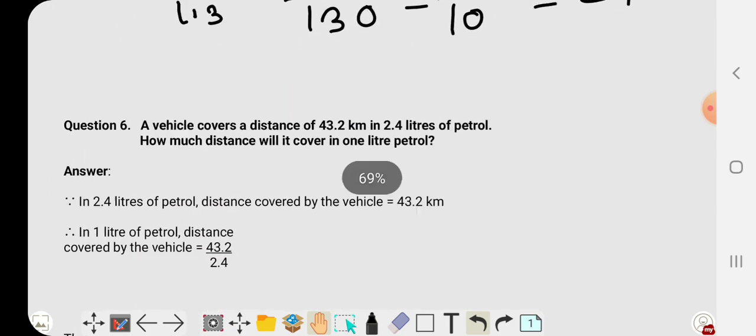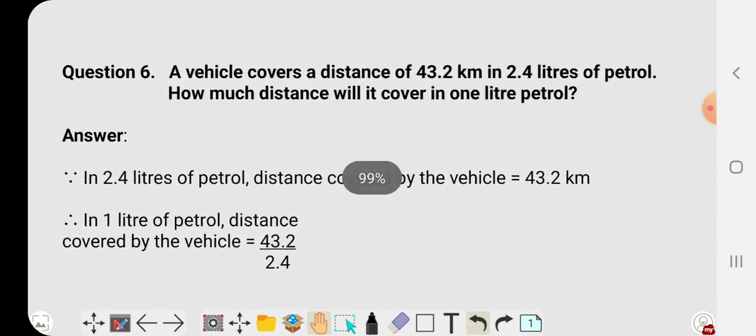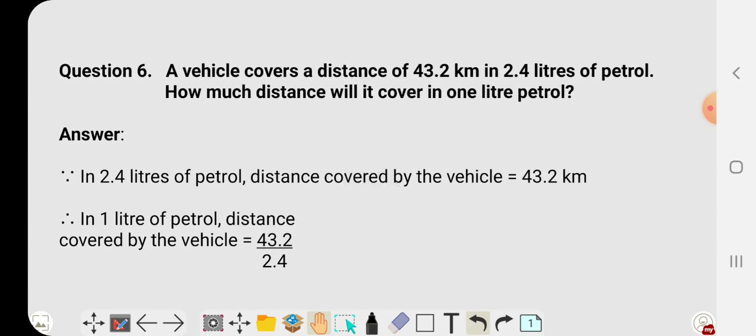Question number 6, the last question is, a vehicle covers a distance of 43.2 km in 2.4 liters of petrol. This is a very practical question, as we ride in vehicles, so we should know these kinds of questions. How much distance will it cover in 1 liter of petrol? So in 2.4 liters of petrol, distance covered by the vehicle is 43.2 km. So therefore in 1 liter of petrol, distance covered by the vehicle